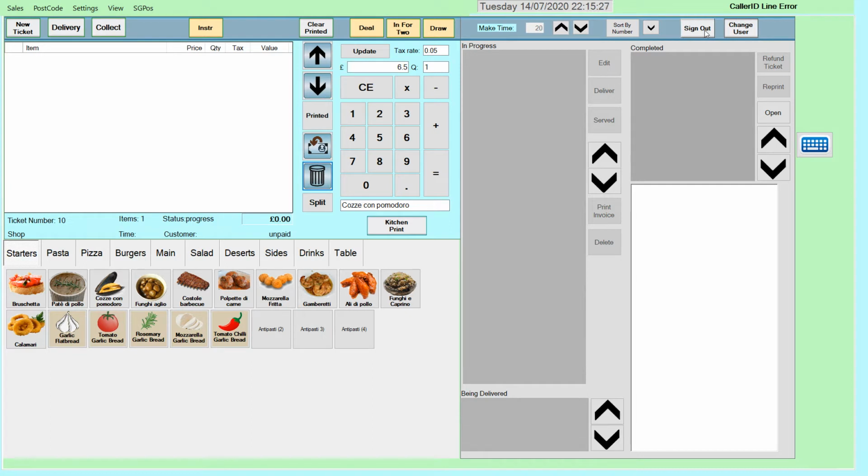You can change user, you can sign out of the till. Make time is really for a takeaway rather than a restaurant, so I won't bother with that. So let's start by